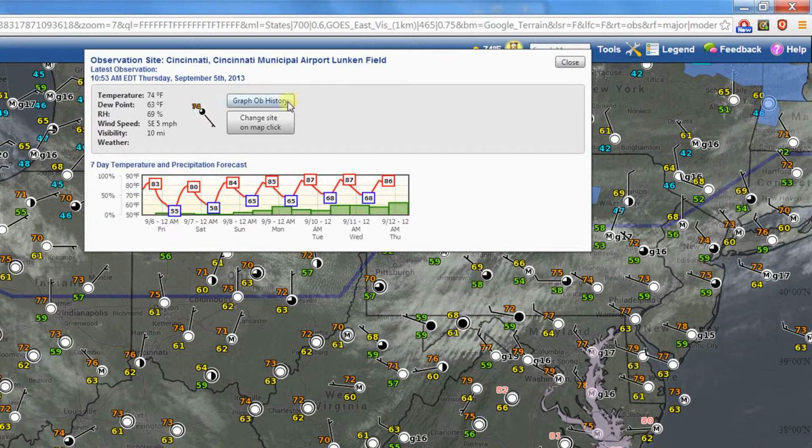If I click Graph Ob History, it will bring up the graphical display of observation history that you are familiar with if you've clicked on one of the surface observations before. Change site on map click is how you change the location, and I'll show how that works in a second. Below this, you have a graph for 7-day forecast that shows the highs and lows on the temperature curve, and you can get the hourly temperatures even by floating the mouse pointer over it. And on the back here, we have the green bars with probability of precipitation for each 12-hour period during the